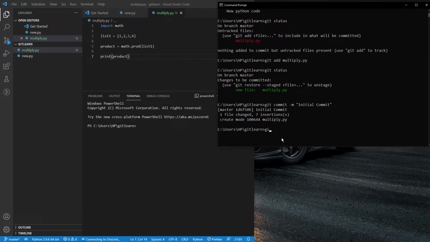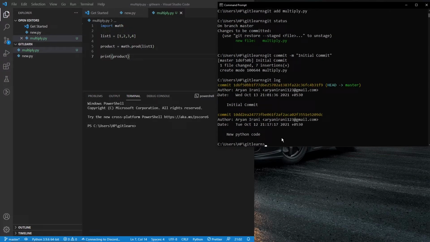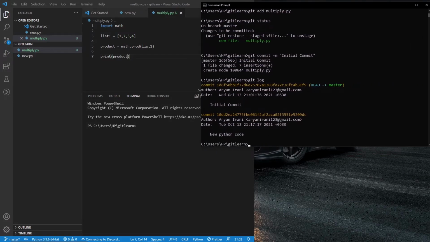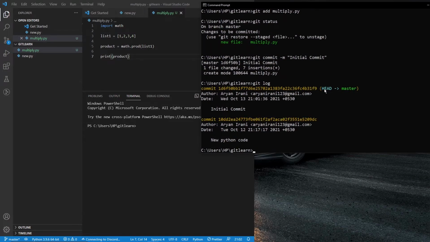In the end, we're going to be using the git log command one last time, and we're going to be checking all the commits that have been made or are yet to be made. So here we can see the commit with the hash code here. If you want to zoom in a bit, the HEAD is going to be the branch. It's telling me the time, the date, and the day that I committed, with the commit message that we have made.